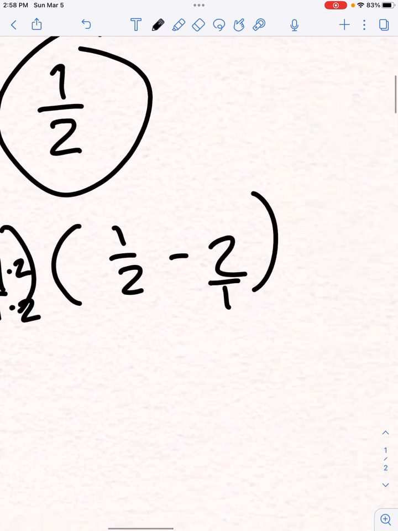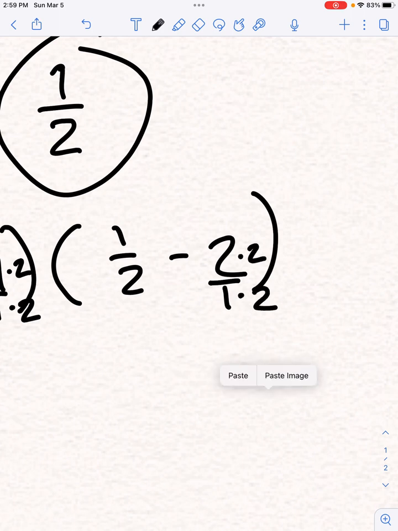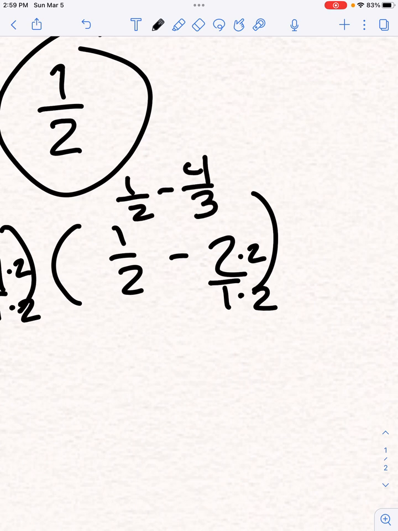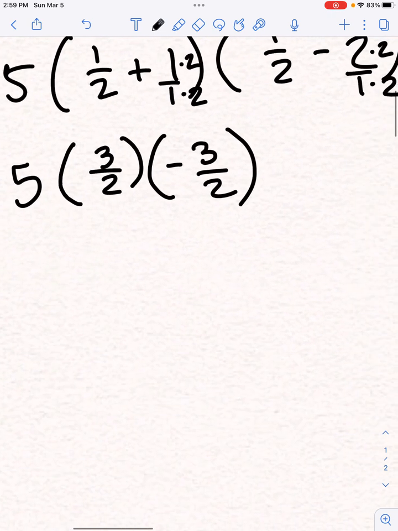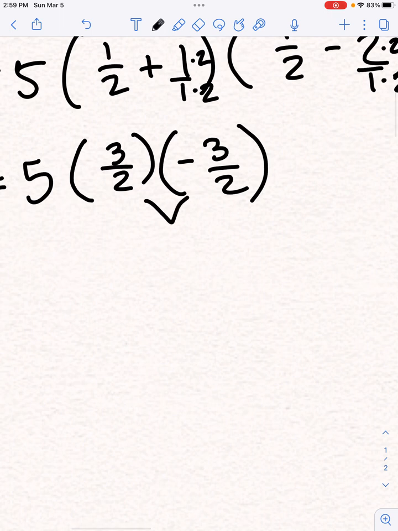Right, same thing here. If we put this over 1, we need a common denominator, also 2. Let's multiply this by 2. Right, this is 1/2 minus, this will be 4/2. If you subtract that, 1 minus 4 is a negative 3, so negative 3/2. Oh, sorry, negative, this is supposed to be half. And when you multiply, right, we can multiply our fractions here. This would be, multiply our numerators separately from our denominators. We're going to get negative 9/4,